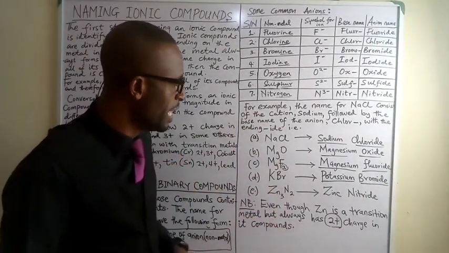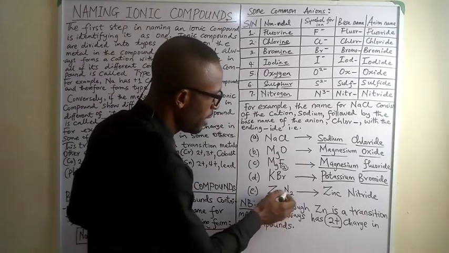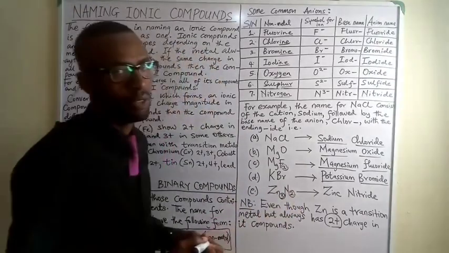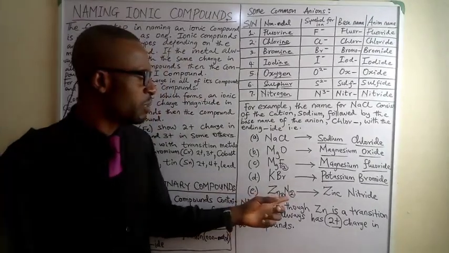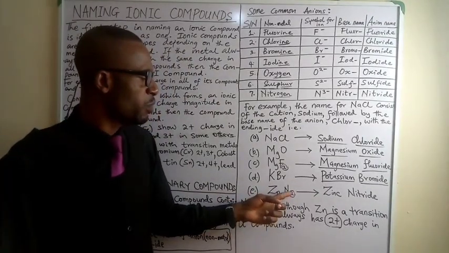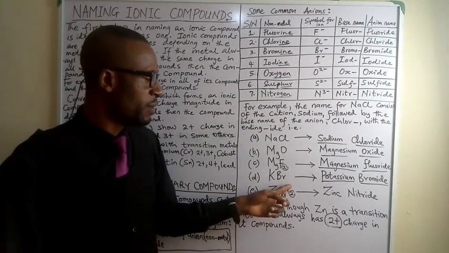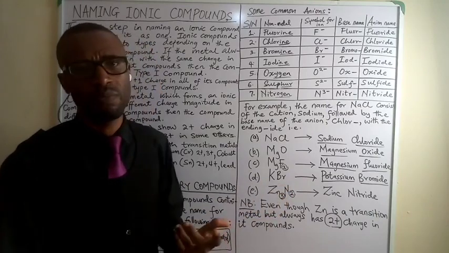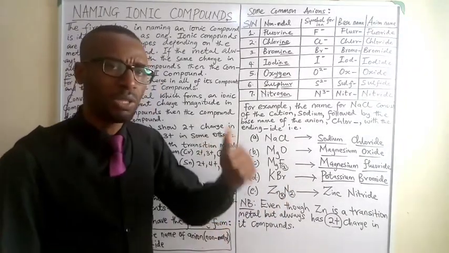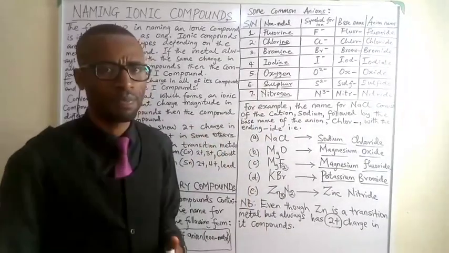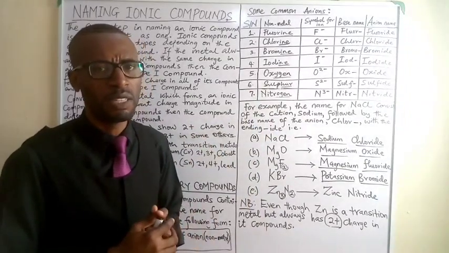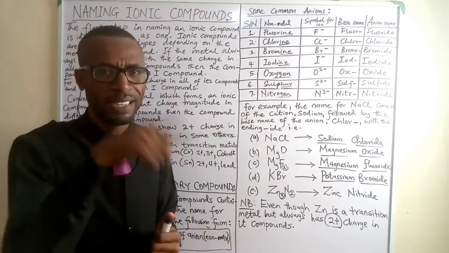Beautiful. And again, because you have 3 here and you have 2 here, some students begin to get confused. Don't get confused. What it simply means is that the oxidation state of zinc here is +2 and the oxidation state of nitrogen here is 3-. Because I taught you in the last lecture how to write the formula of different ionic compounds using the crisscross method.